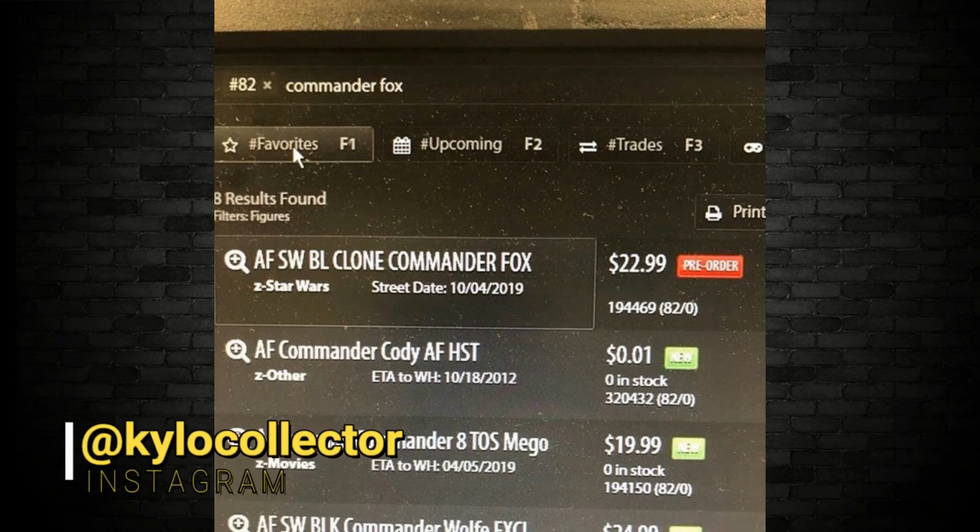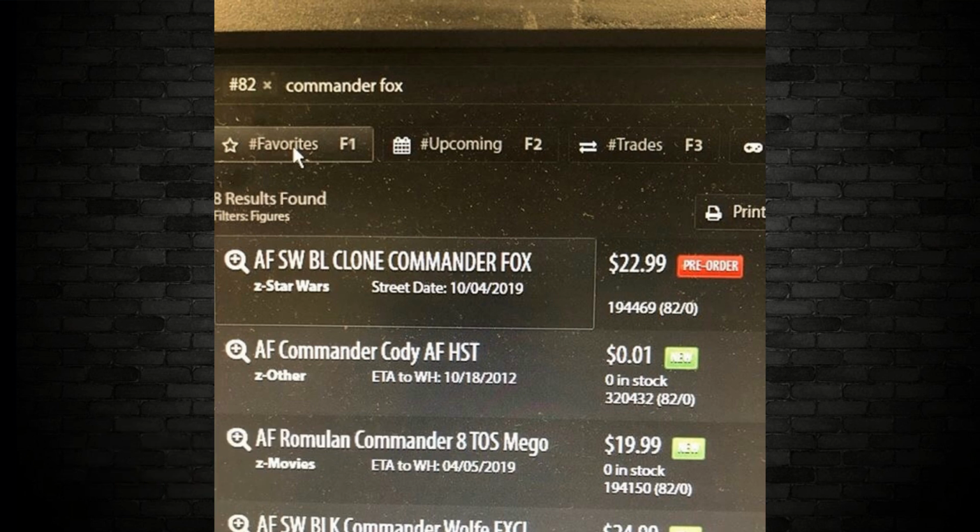Okay, we have a rumor also about a new action figure coming to GameStop again. They're getting all the exclusives. There was a rumor about a clone on the way, and we've reported on it, and I said Commander Bly. It looks like it is Commander Fox, and according to this image here, it comes from Kylo Collector and it says it's from an anonymous source. That's because this person probably works at a GameStop and took a photo of the screen, doesn't want to say that they've spilt the beans, and oh look, so yes, Commander Fox on the way. This will probably be another December release. I think that latter wave that's coming after December wave will be wave 23. But if they want to reset the waves as wave 2,